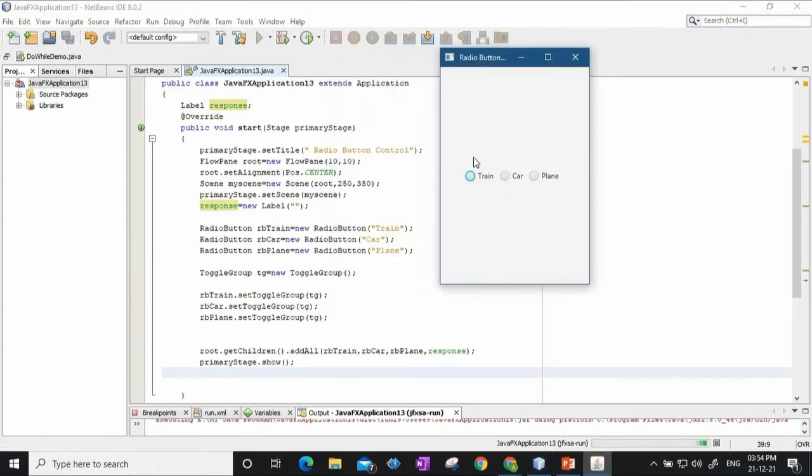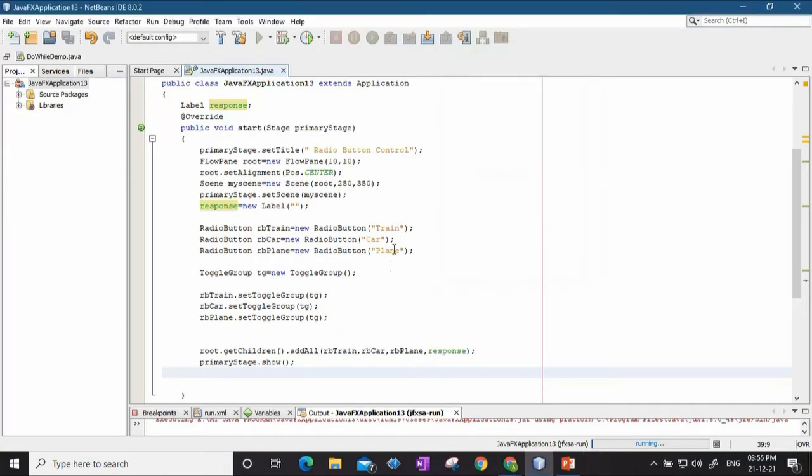As you can see here, you have 3 radio buttons, and also there is one label that we have added, but since we have not set any text to the label, it is not showing. What I want to do is, if I click train, then on that label it should print that train is selected. If I click car, then on that label it should print car is selected, and so on.